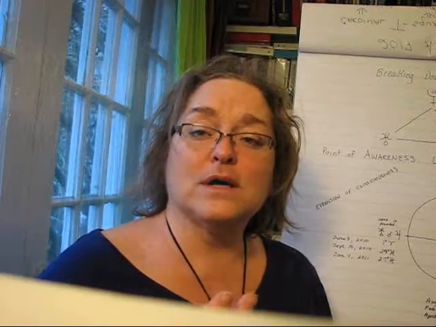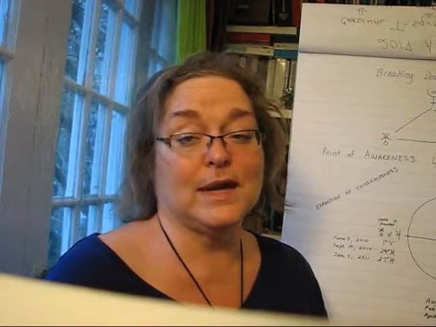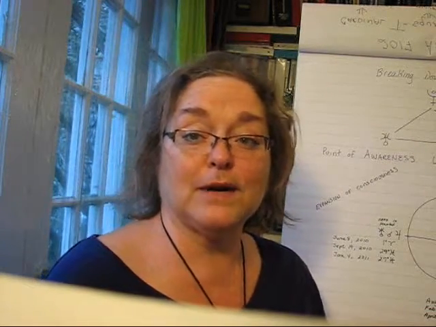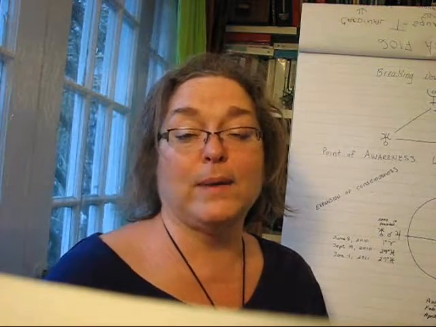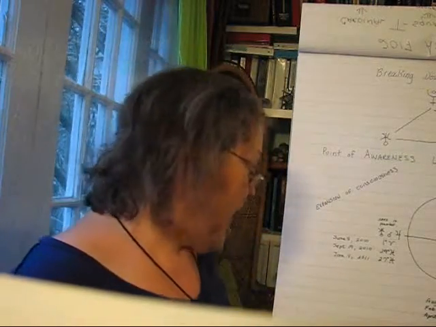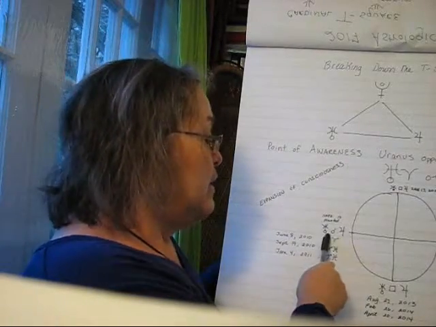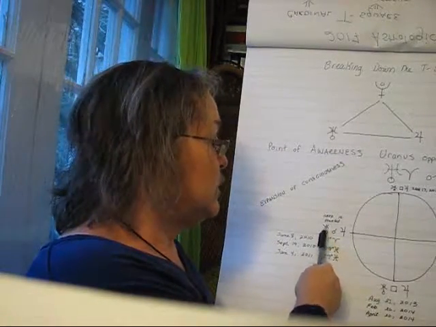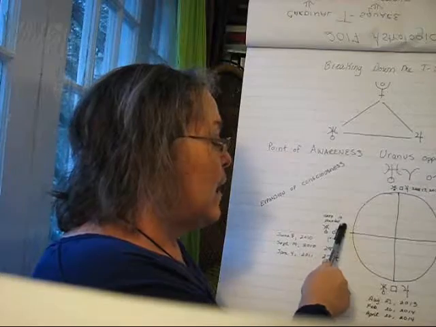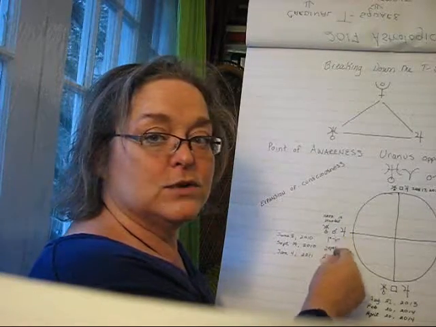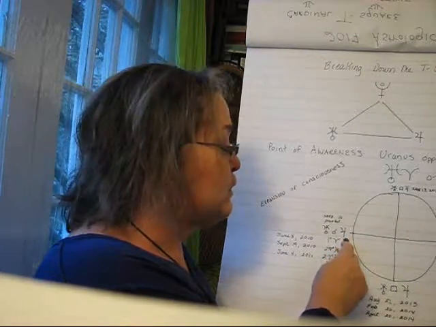Now, that was back in 2010, 2011. Well, it's 2016 now, and just about ready to be 2017. And what has happened is that this cycle has come to its halfway point. Now, when we look at cycles, here we have the beginning of the cycle: Uranus conjunct Jupiter. This is when the seed is planted. Now what happens is both planets continue to move in the sky, but the faster moving planet, which in this case is Jupiter, starts moving away from